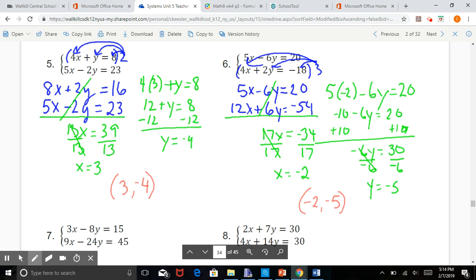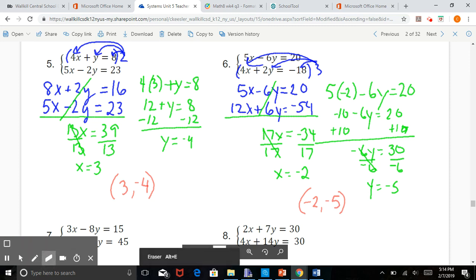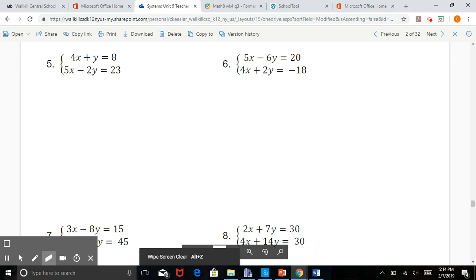Okay, so now 7 and 8 add another spin to this. Remember back when we did equations that have one solution, no solution, or infinite solutions? So all the ones we've solved up until this point have one solution because we were able to find one coordinate that satisfies both the equations. When we look at 7 and 8, we're going to see that there can also be infinite solutions or no solutions depending on the system that's given. So taking a look at 7,